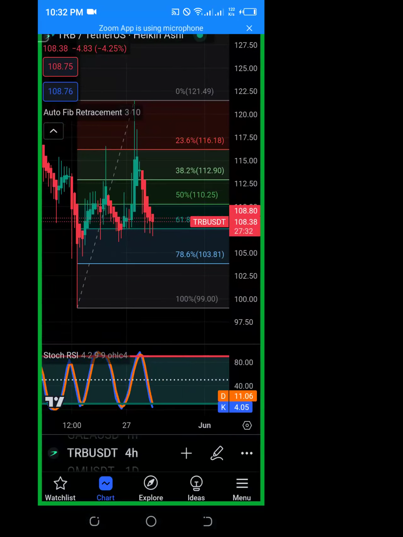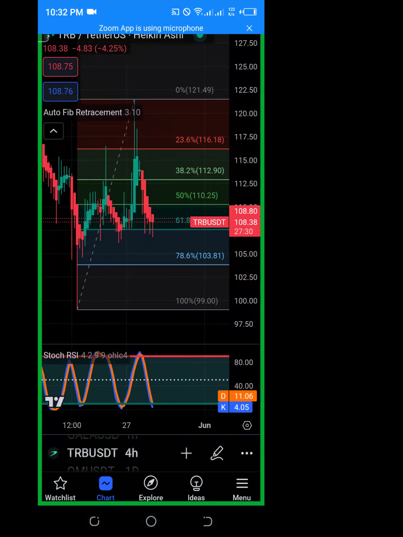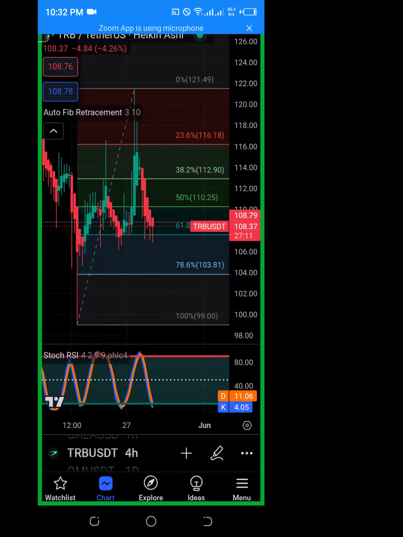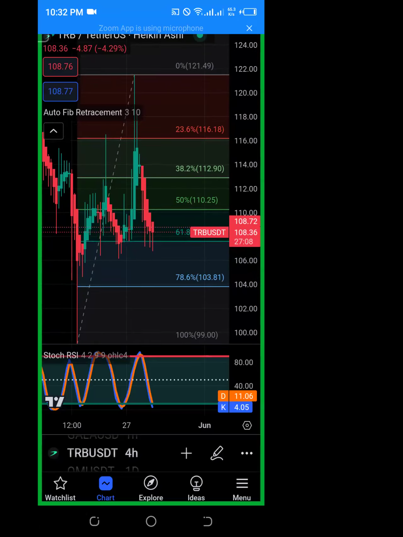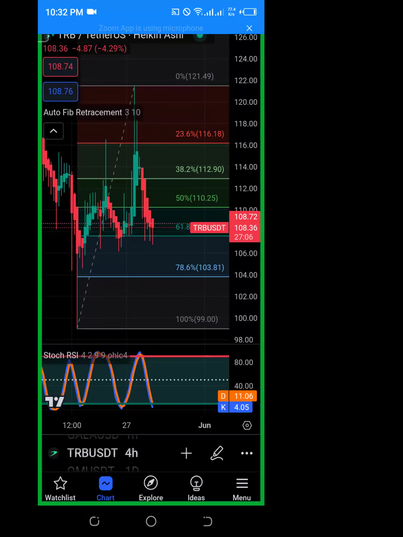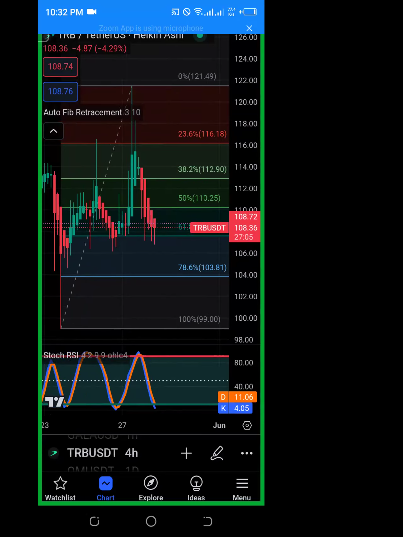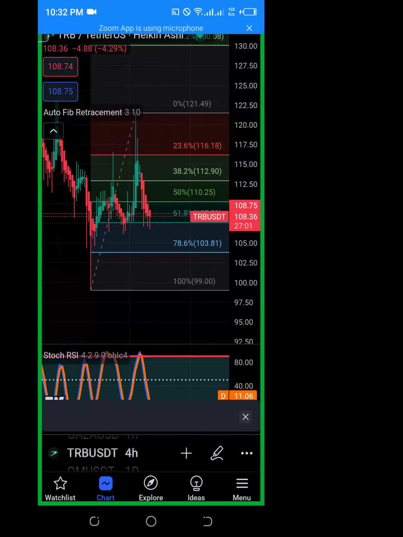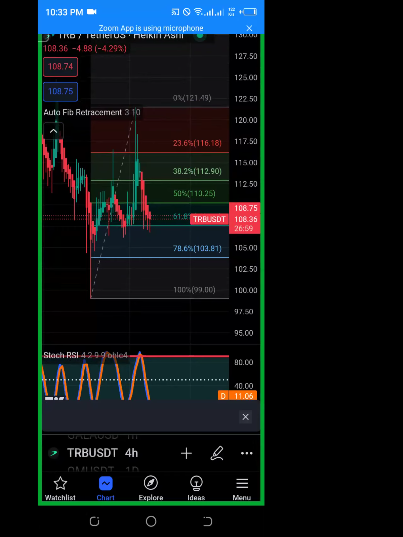Now, guys, I want you to look at this auto fib retracement. This is the indicator that I love using when I'm trading. This one is self-explanatory. You don't want to use very many indicators. As long as you're using auto fib retracement, it gives you exactly how the market is performing. Now, if you look at these 3 points, there are 3 points I want to talk about.